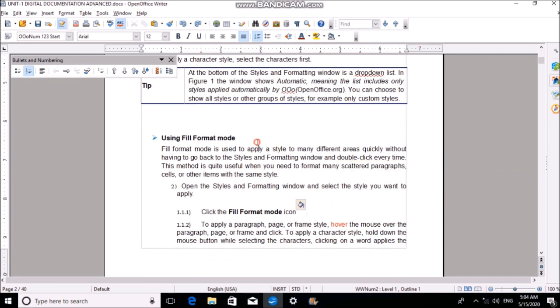So the next topic is using fill format mode. Fill format mode is basically used to apply a style to many different areas quickly, without having to go back to the styles and formatting window and double click every time.